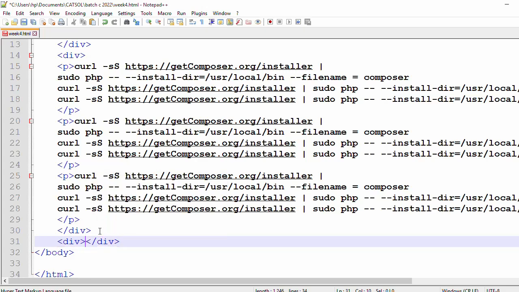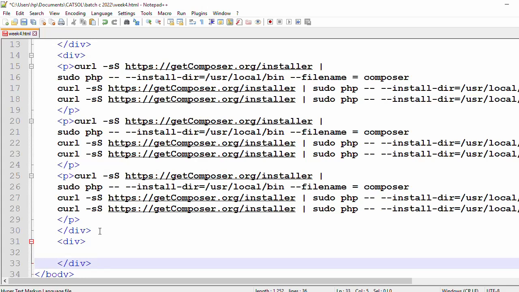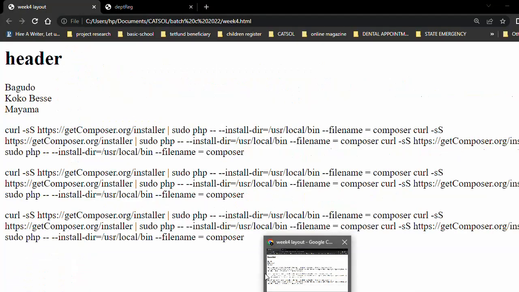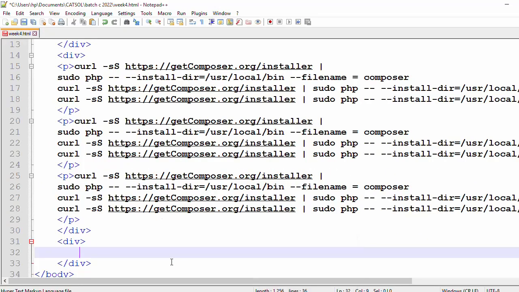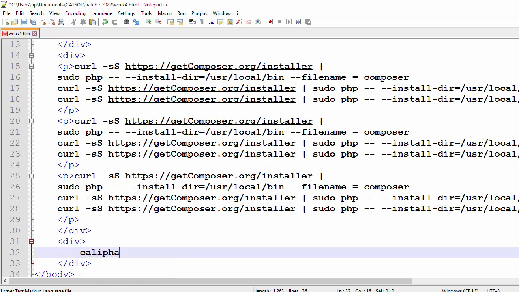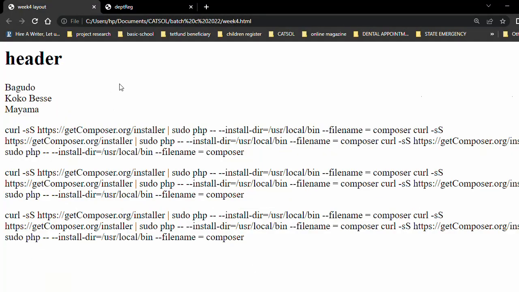So as usual, we already know that the footer doesn't contain much information. It's only about copyright and other things like that. In that aspect, I will only write Caliphate Tech Solutions Limited here, right? If you now save this one, refresh this page here, you'll be able to see the whole